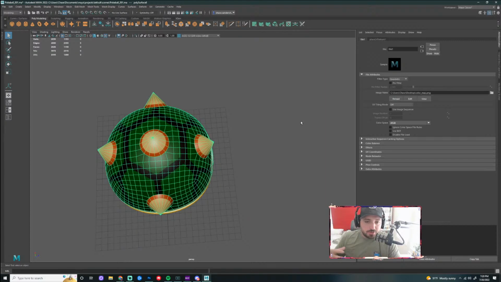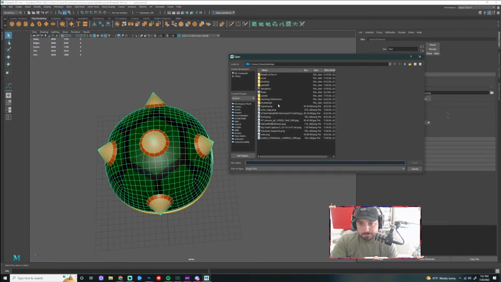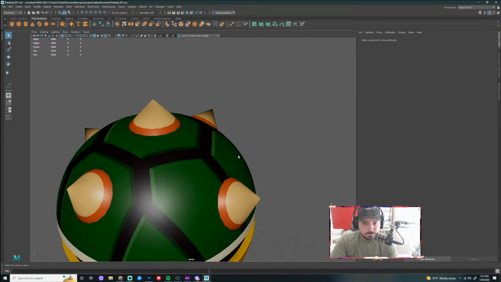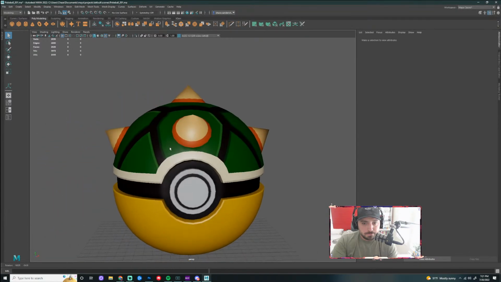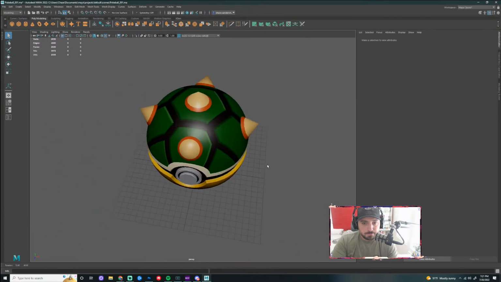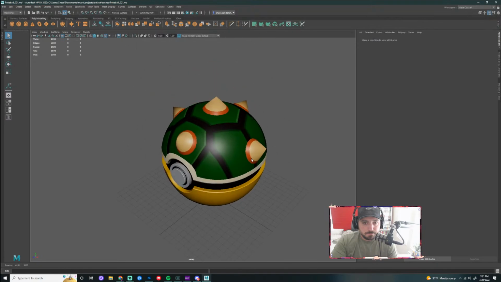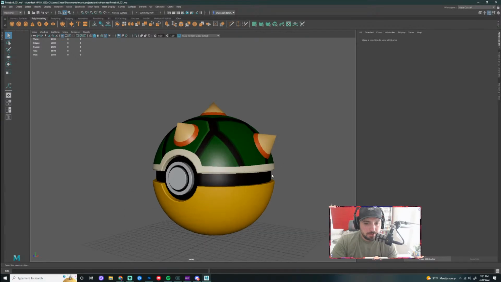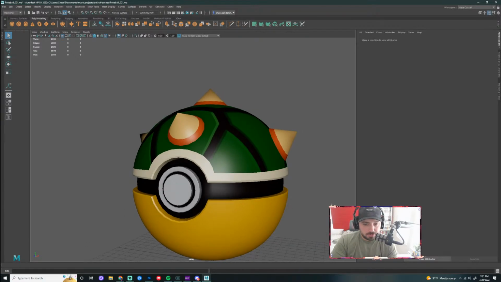My goal is to make sure that you can get a texture applied to an object inside of Maya, right? So if you can do that, then I'll feel like I have accomplished my goal, right?